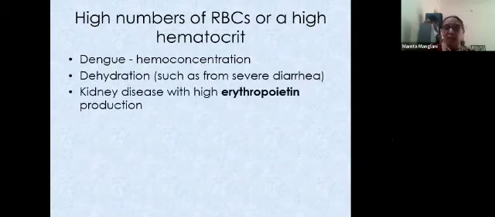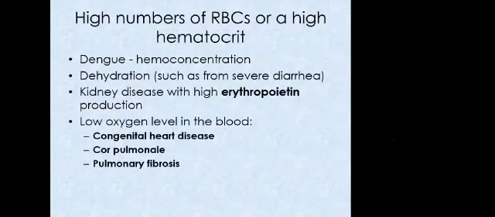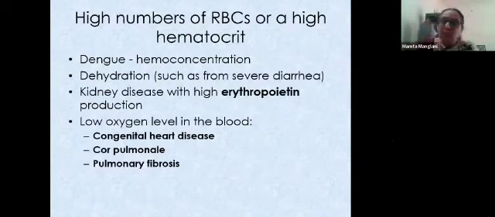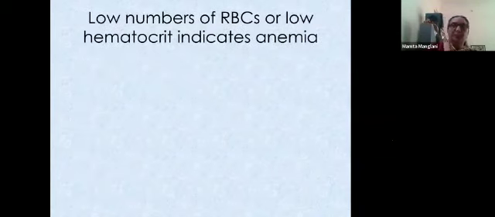In kidney diseases with high erythropoietin production, most of the times you have low erythropoietin production, so you will have lower counts. And in various diseases where you can have a polycythemia, like in a congenital cyanotic heart disease, in a cor pulmonale, which are blue bloaters, and pulmonary fibrosis. So these are the conditions which you will keep in mind if you have polycythemic numbers. And polycythemia vera, which is very, very, very rare in children. Smoking again is rare in our adolescents, though now it's coming up.